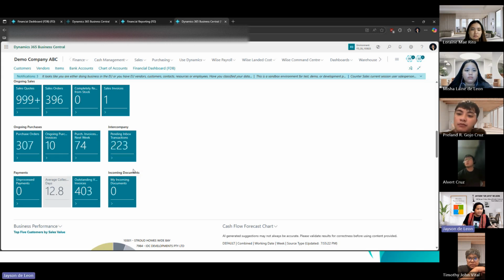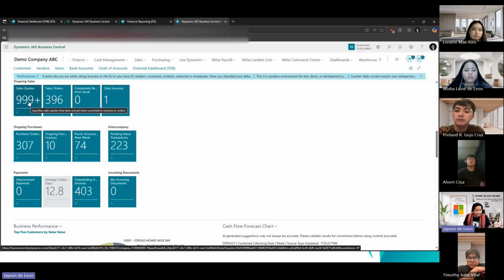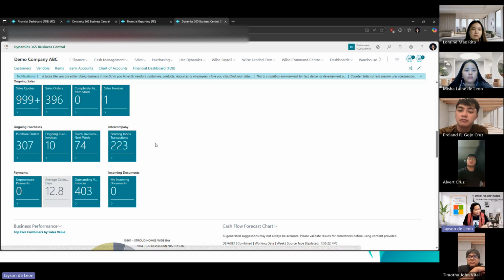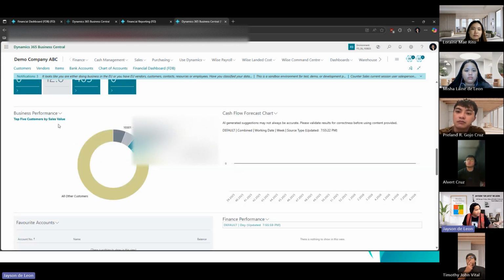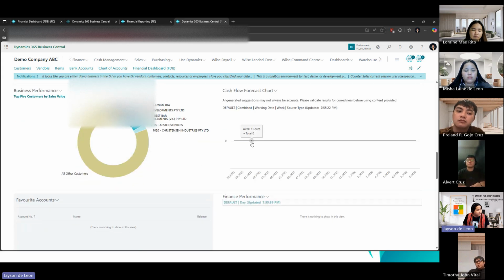So that's unfavorable for the company, right? We can actually define it as unfavorable to make it red, or you can make it orange or yellow, and then definitely green if it's still tolerable or favorable on our end. On this side, you can see the business performance, the widgets or the charts showing in dashboard or in graphs the financial performance or the performance of the company.